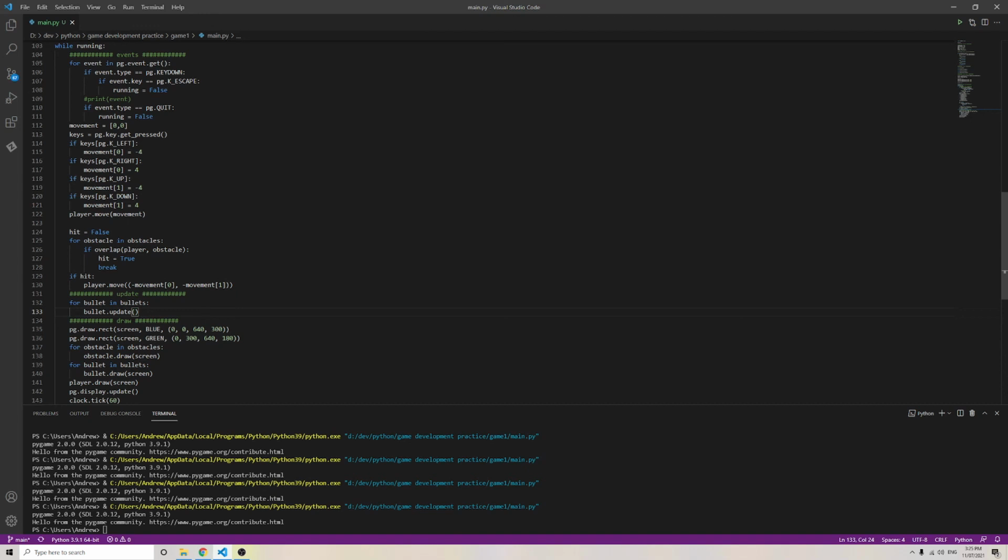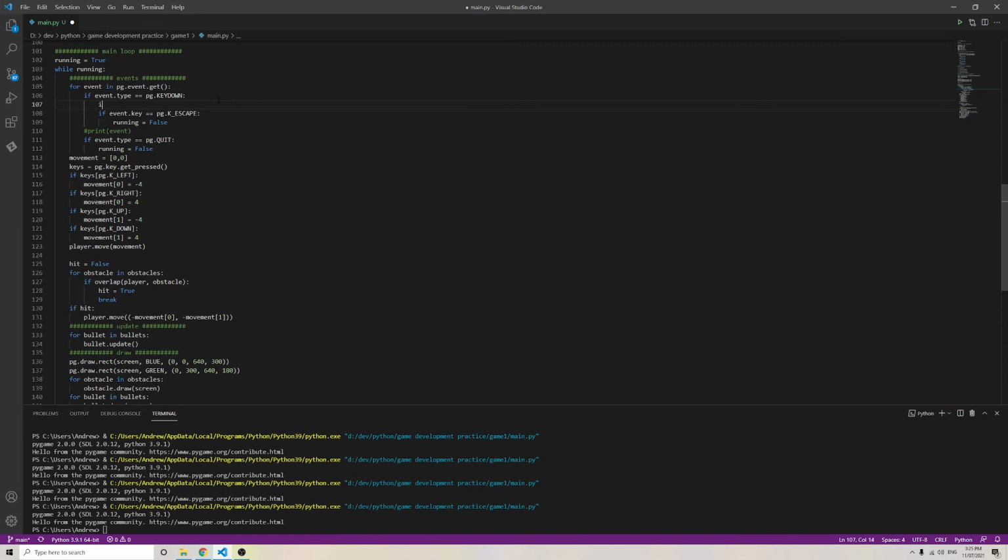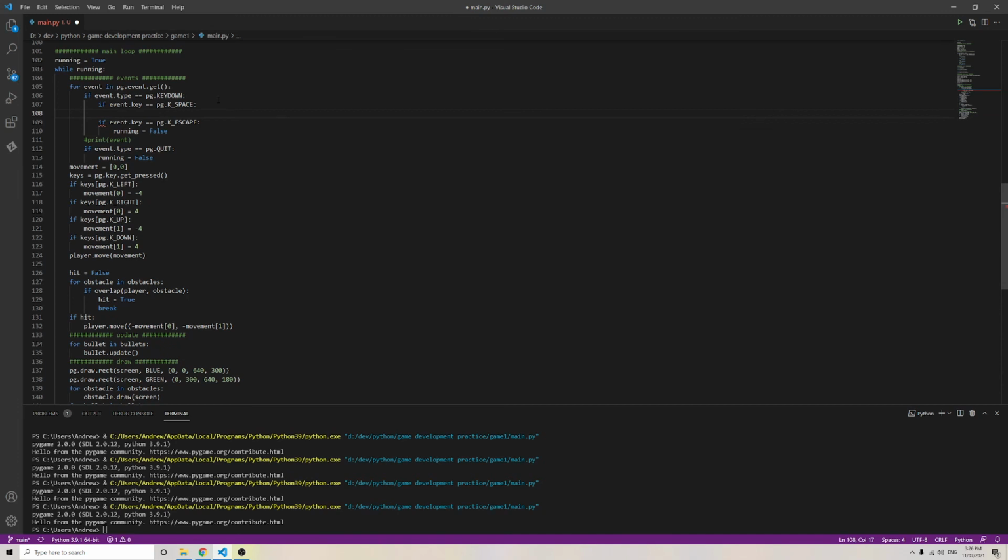So we've got the bullets drawing and updating, but of course we want to create the bullets. So let's say we want to do this with a spacebar. So we go, so we create a bullet. So we append